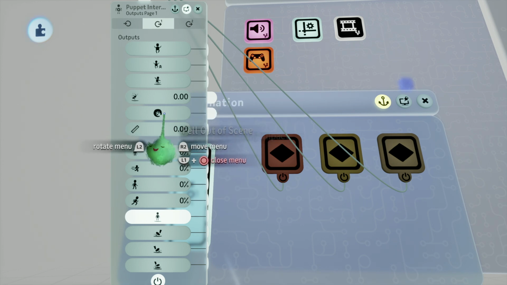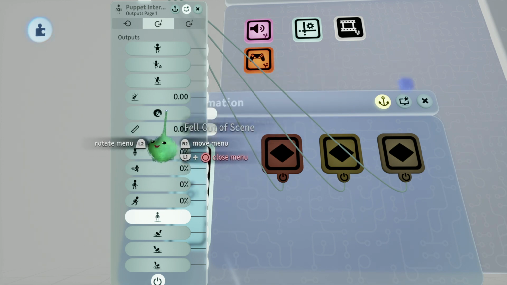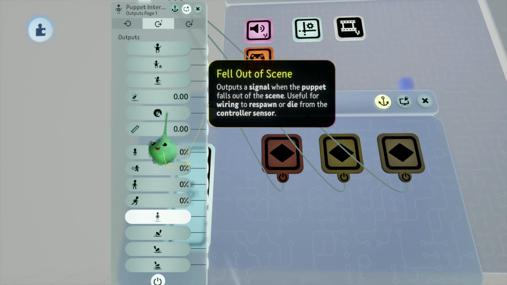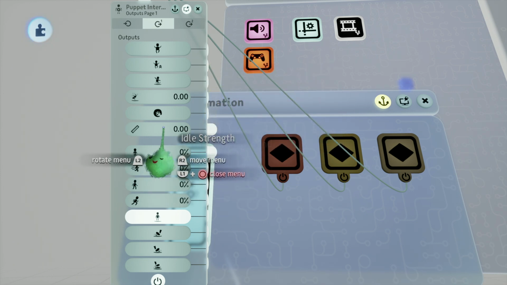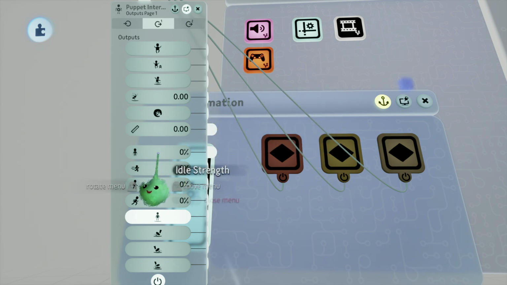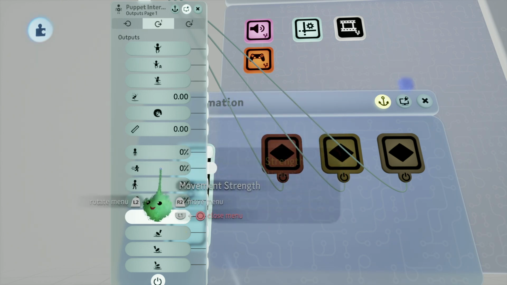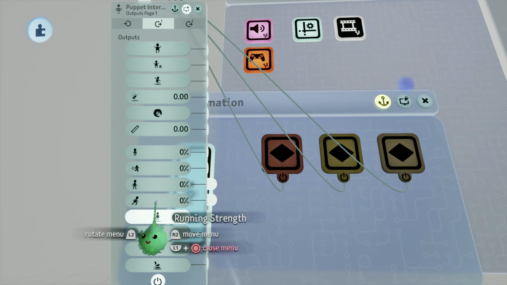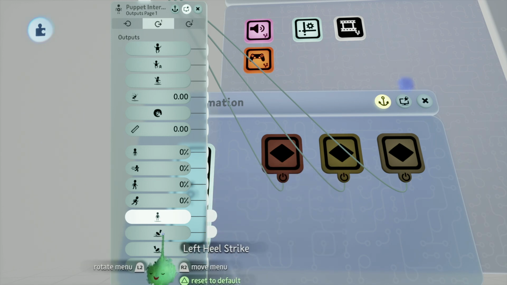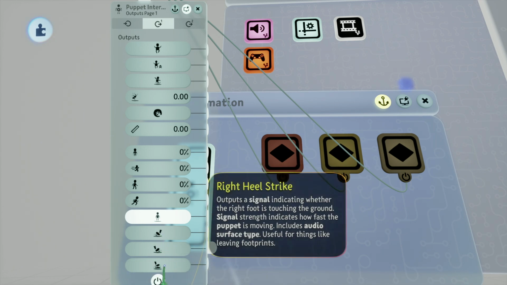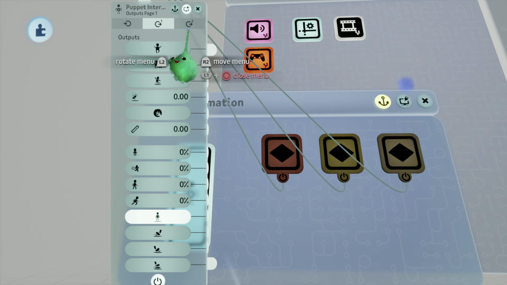Jumped, double jumped, predicted landing, fell out of scene. That's basically when you fall off a cliff. Distance from ground. I've actually used some of these in previous videos, so you probably know what they can do, but idle strength, movement strength, walking strength, running strength, on ground, left heel strike, right heel strike, foot impact,